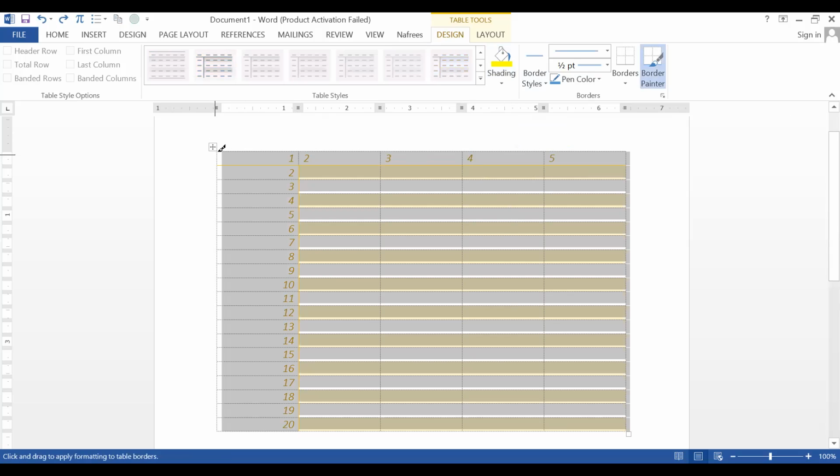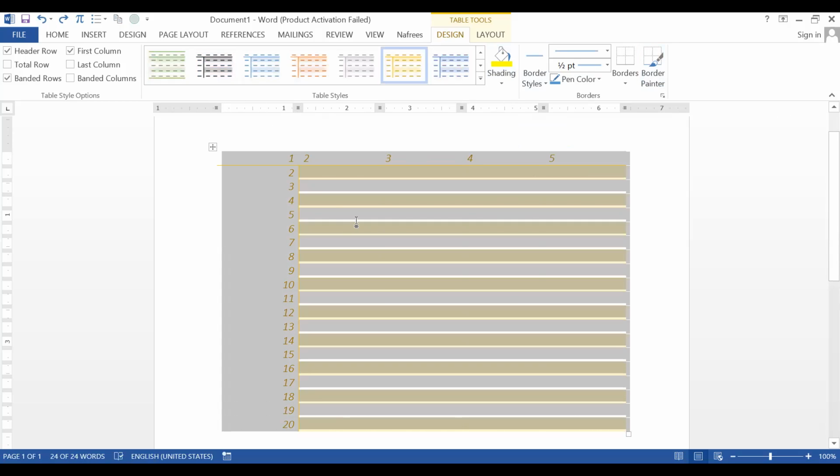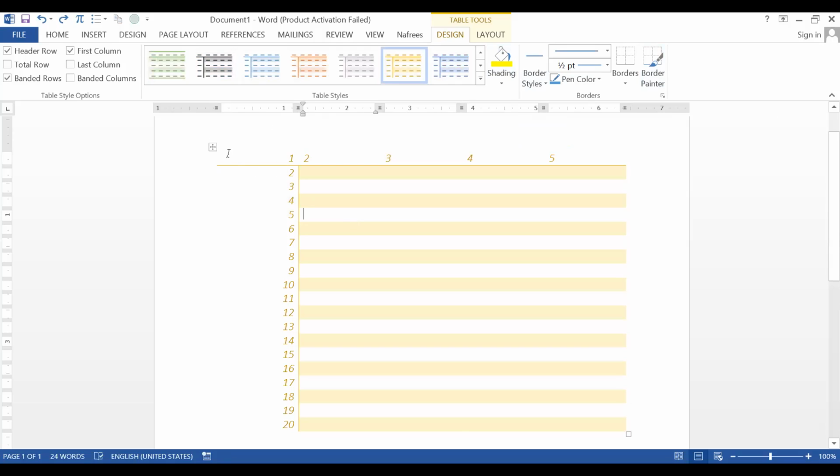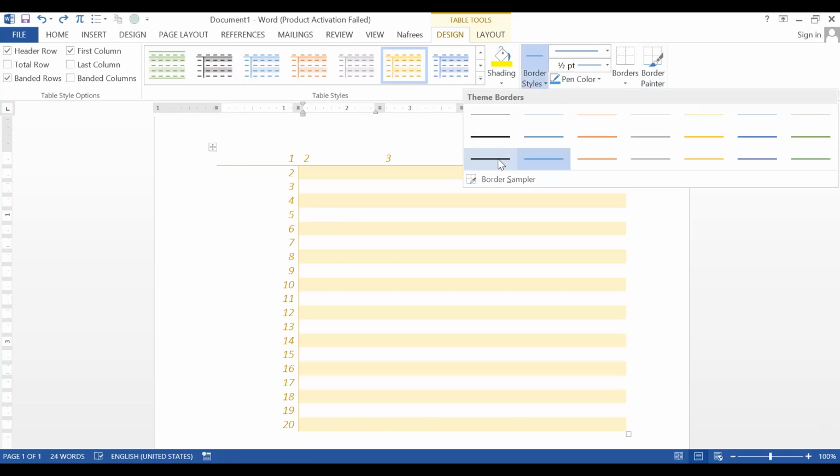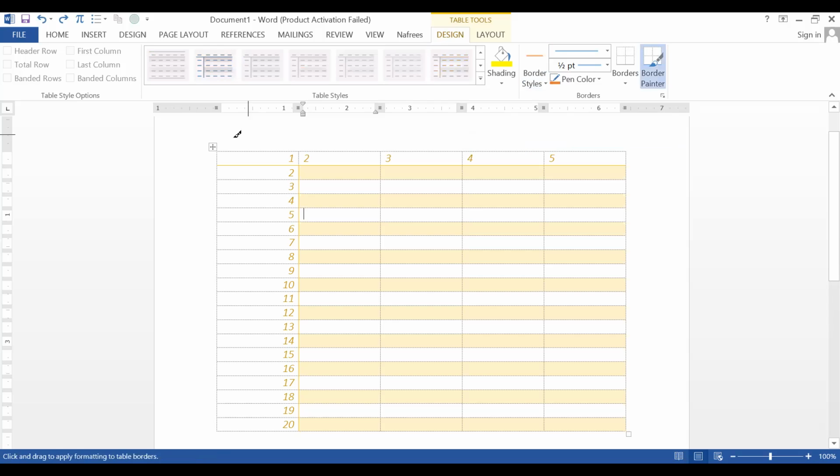So you can create extra border. Now look at here. This is the border. If you want to create a border outside of this table, around the table, then you can create it. How? Look at here, design ribbon, and go to border style and find the style that you wish to create. Let's select this one. Now you can create it.